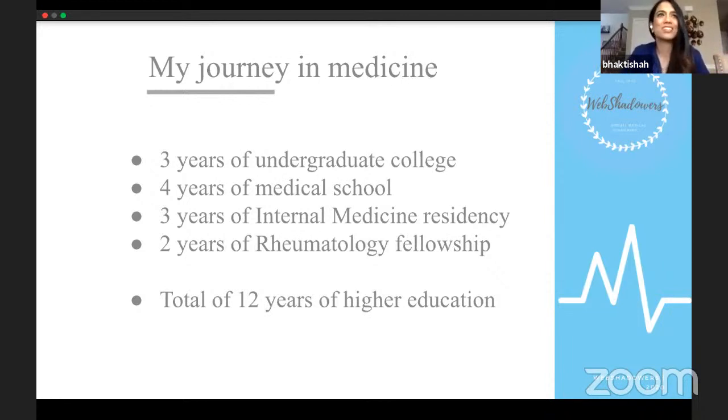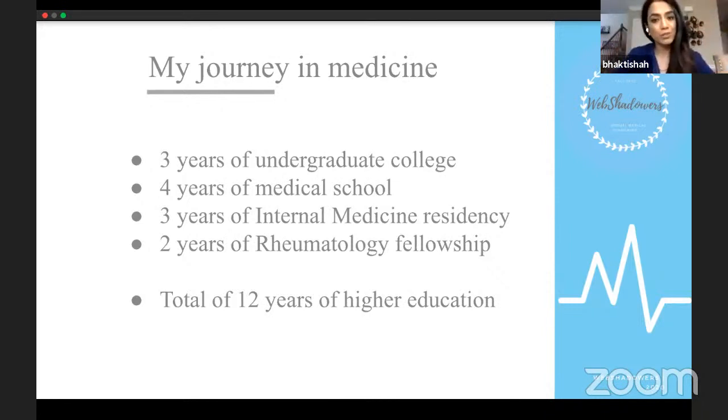So, there's not one checklist that med schools are using. I wish there was, so that it'd be easy for everyone, but there is no checklist. Of course, academics are important. They want to see what is your GPA score, what is your MCAT score. They want to see, did you do research, extracurriculars?